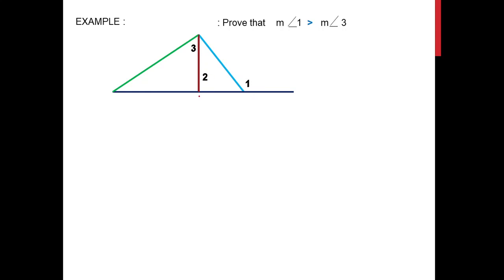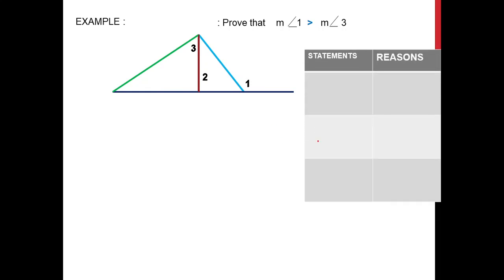So it's possible that this line is here, which would conclude that angle 3 is not an acute angle, correct? So how do we prove an illustration given only the label of each angle? This is how we prove that angle 1 is greater than angle 3 without any given measure. So we'll use the table of statements here. Now how do we prove this one? Since we have two triangles here,